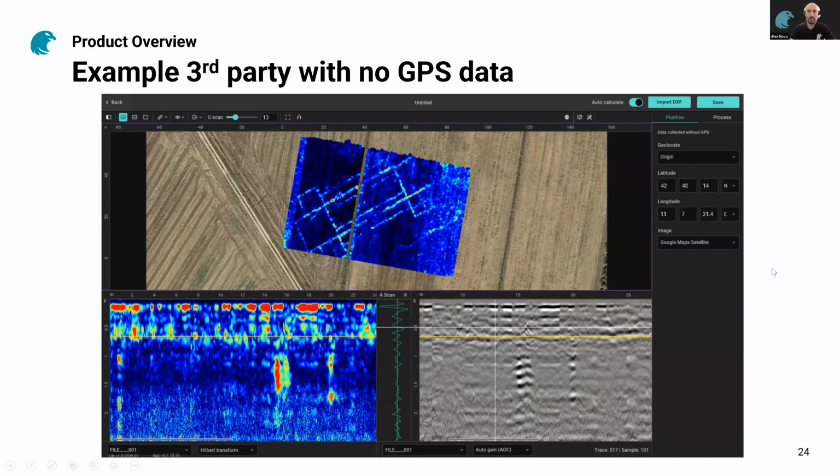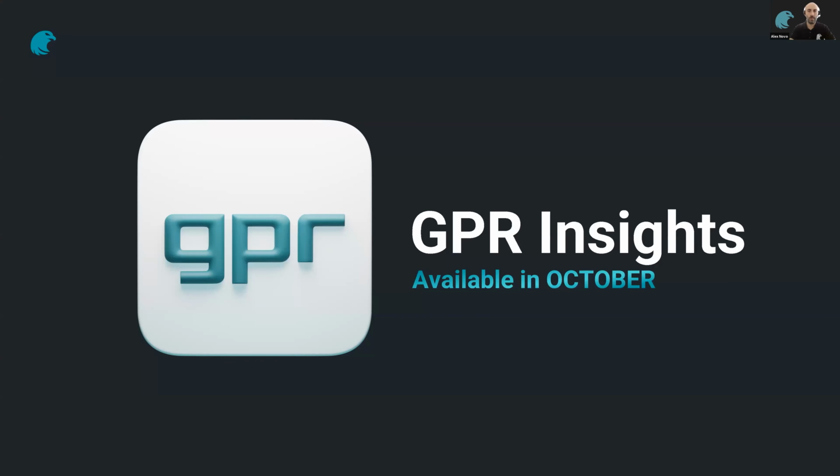So as you can see, we also support third-party data, GPS, no GPS. GPR Insights will be available in October. We'll announce soon